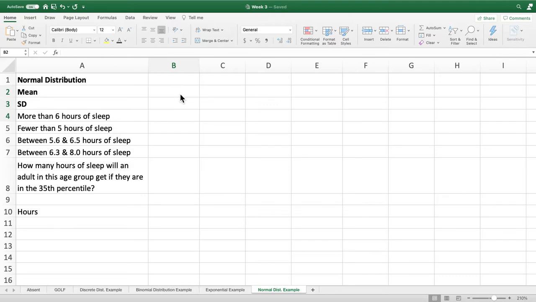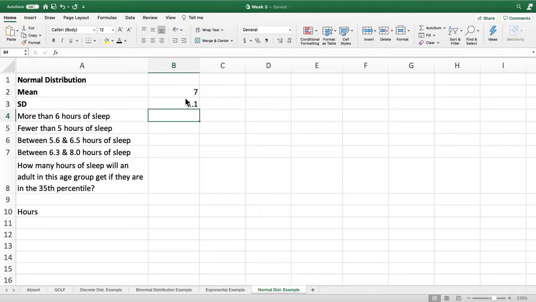And that problem says, on weeknights, the average number of hours of sleep per night for adults ages 55 to 84 is 7. Assume that this random variable follows a normal distribution with a standard deviation of 1 1/10 hours. So we're going to fill in our mean of 7.0, which Excel changes to just 7, and our standard deviation is 1.1. The questions we want to answer are,